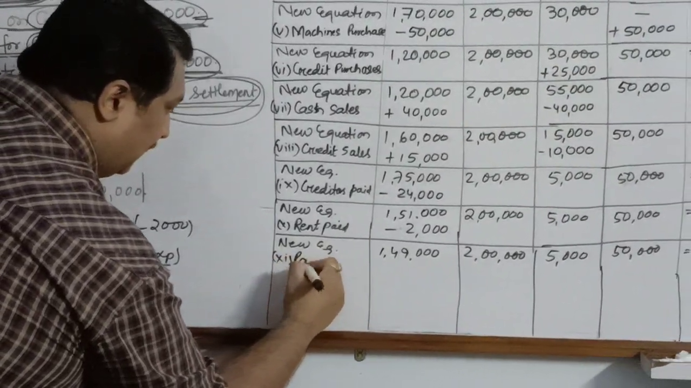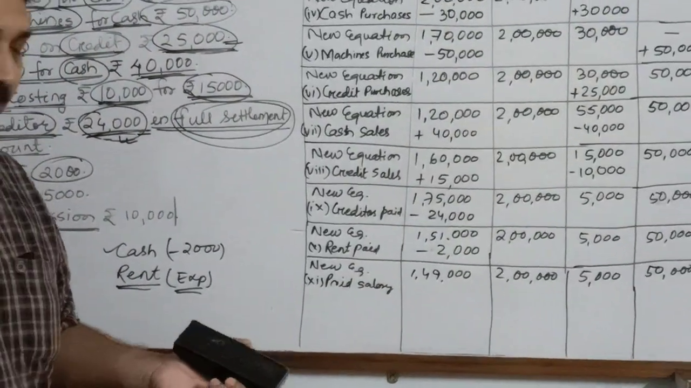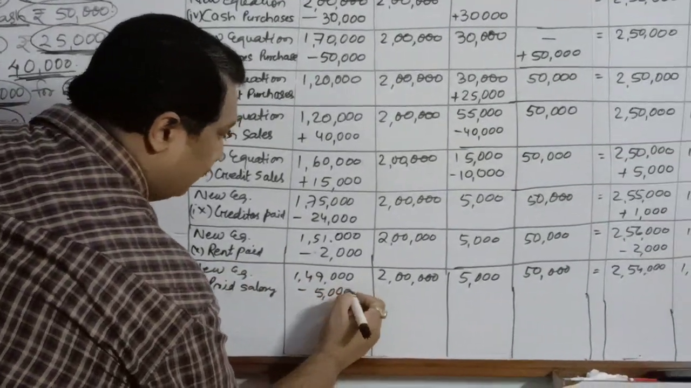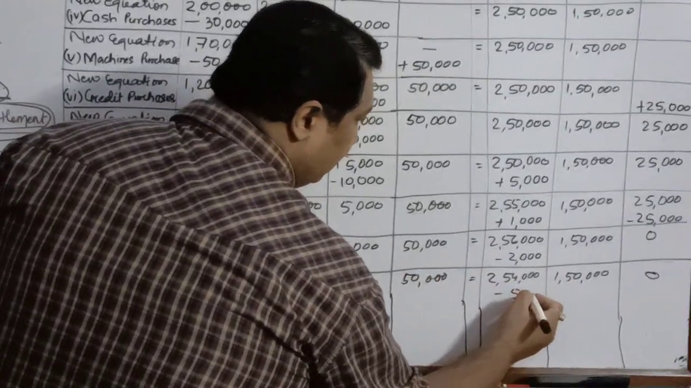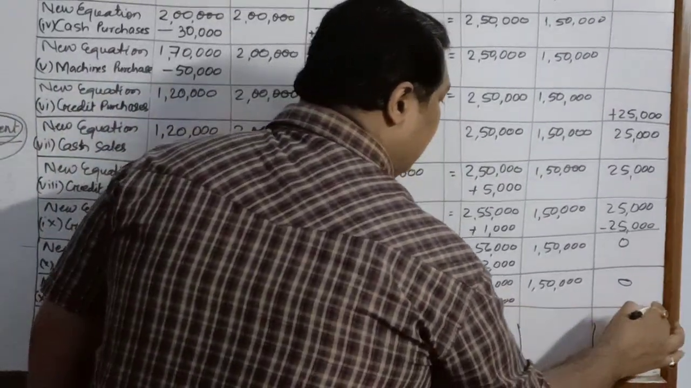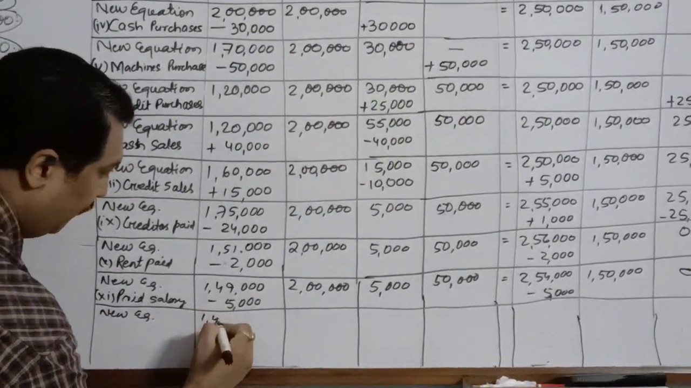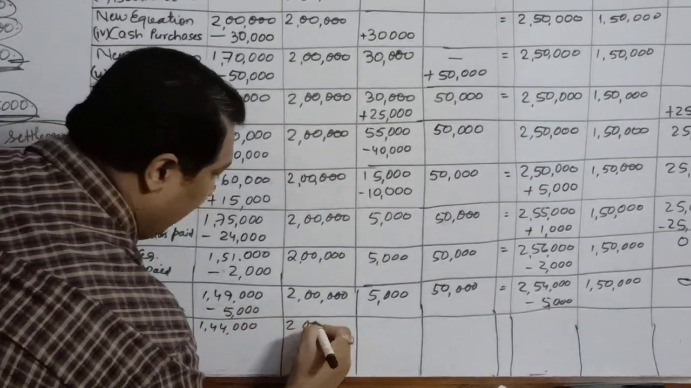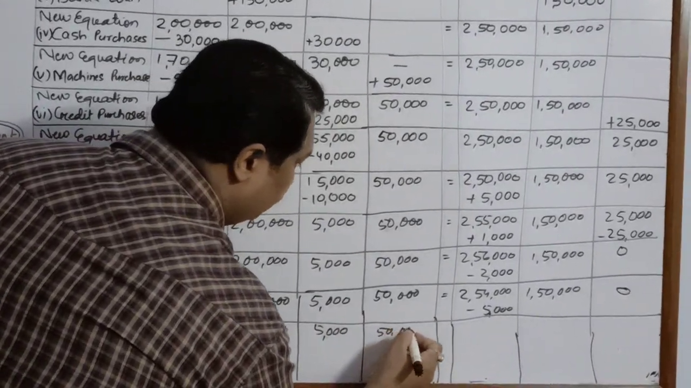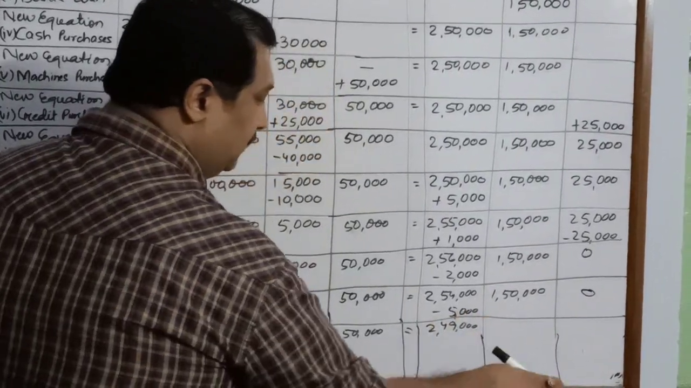Next one is paid salary. So once again, salary is what? Salary is an expense. We are paying how much? 5,000. So my cash will once again decrease by 5,000 and my capital will also decrease by rupees 5,000. So after this, what is my new equation? New equation is 1,44,000, 2 lakhs, no changes over here, 5,000, no change, 50,000, no change, over here 2,49,000 because it is decreasing,